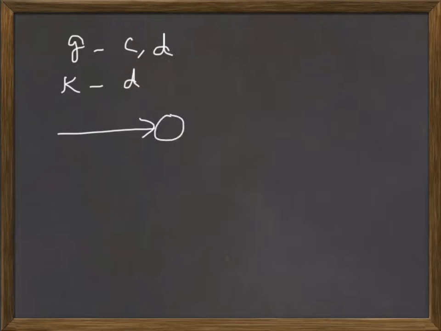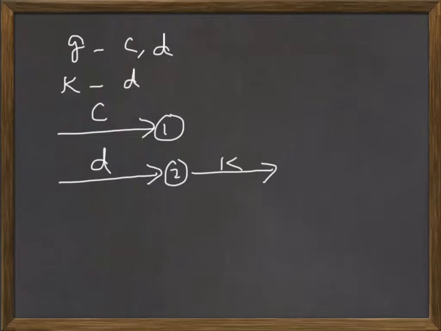For example, let us take that for activity G, C and D are immediate predecessors, and say for activity K, only D is immediate predecessor. Now if we try to draw like this, say C here and D here, say node 1 and 2, K can be started from here, that is alright, because for K only D is immediate predecessor. But for starting G,